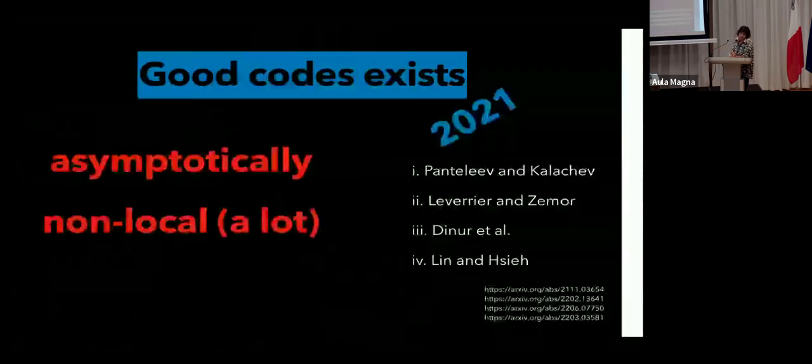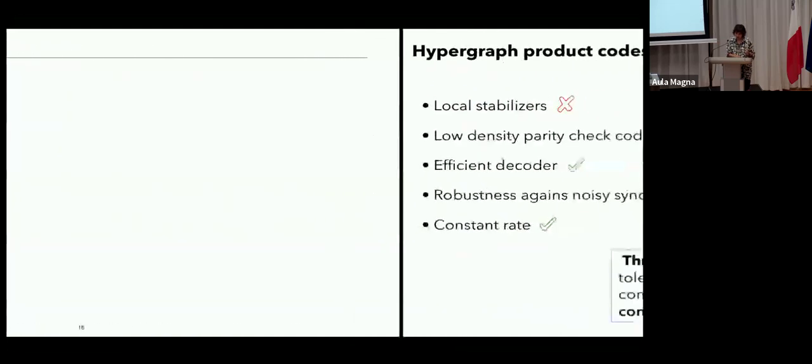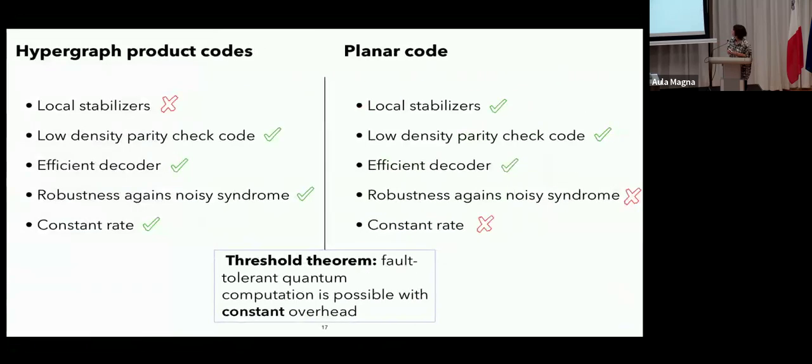I'm not going to talk about these good code constructions, because they are quite complicated, but what is common to all of them is that they all come from a tensor product of two codes, are all CSS codes, and all can be described in one way or another by chain complexes and so on. So I will not talk about the good codes themselves, but I'm going to talk about hypergraph product codes,